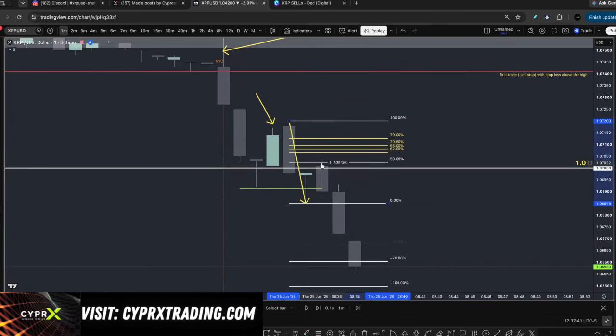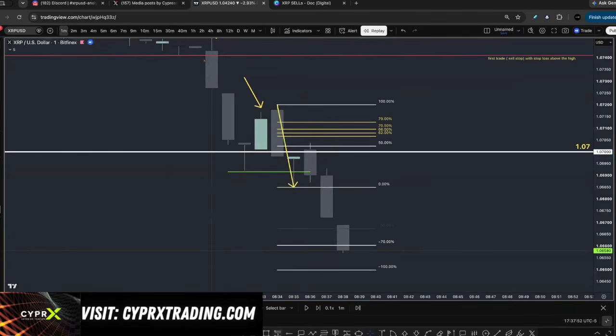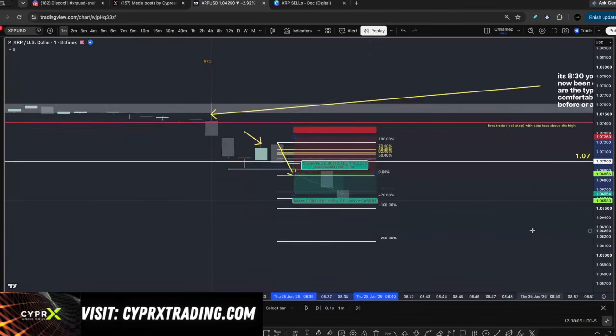Price came up into the 50% premium, rejected the 107 dark pool. I would have trailed this bullish price action, or this bullish candlestick, with a sell stop. So if you missed out on the initial entry at 8:30, there was the second entry. Sell stop underneath of the bullish candle, stop loss above the high, and take profit, zooming out,